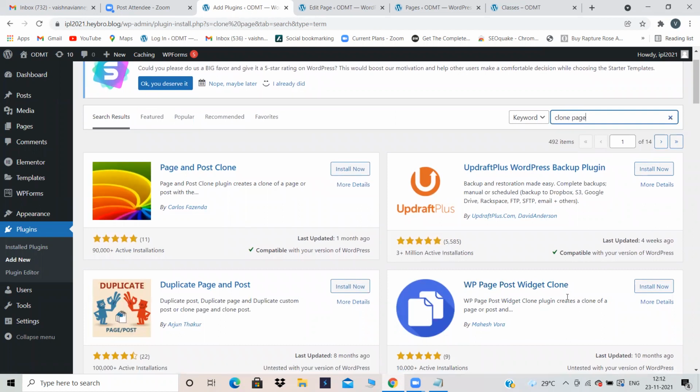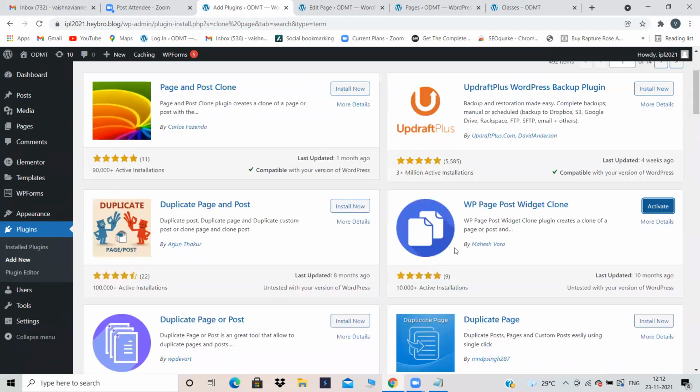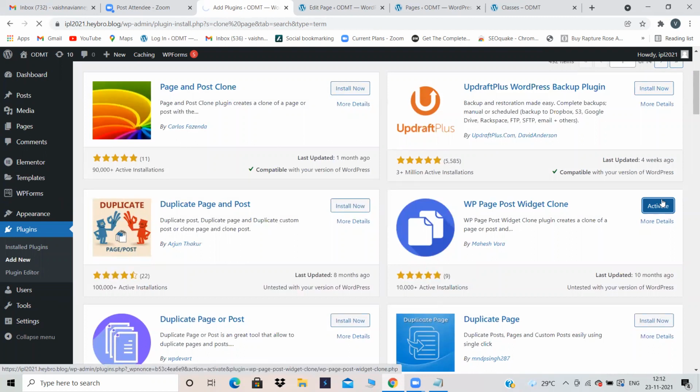WP page post widget clone. I'm just installing this plugin. Anyone you can install, it's up to you. But I just want to install a simple plugin. So click on activate. Install and activate.